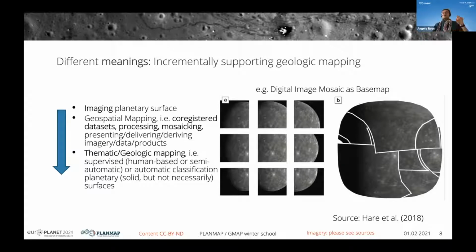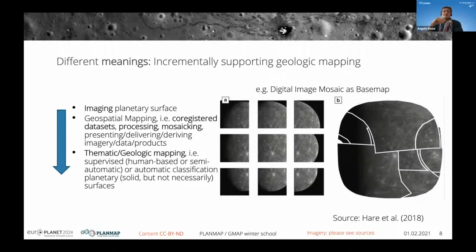And then what, as a geometric person, you call an end result, in fact, for geology, is the beginning of the path. So you do get your image, you arrive to a digital image mosaic, and that's actually a base map. So that's the layer that we put below one or several layers, in order to allow us to do exactly the exercise that Ricardo was showing. So produce geomorphic or geologic mapping. And there are many limits to that. You remember that Marco was mentioning